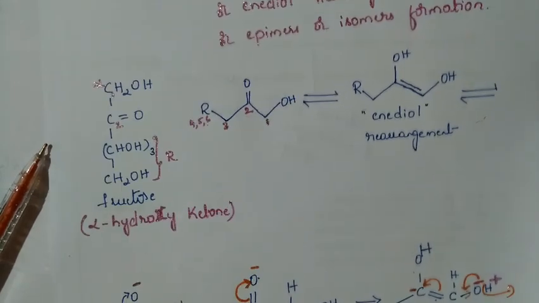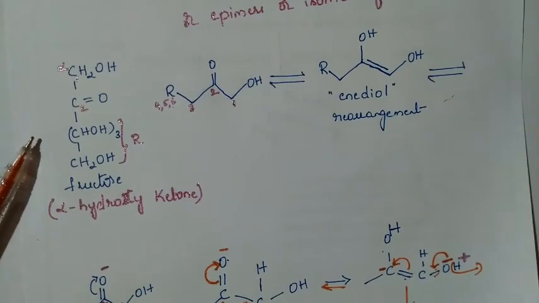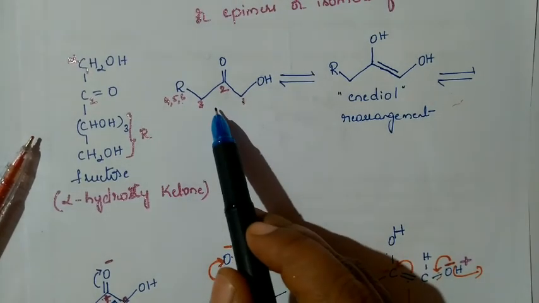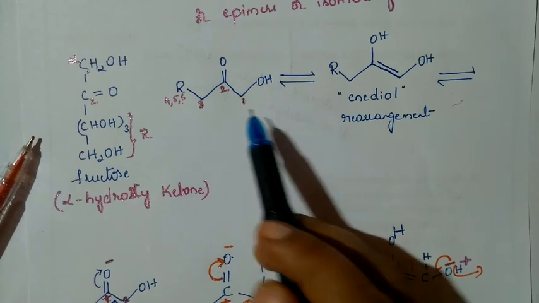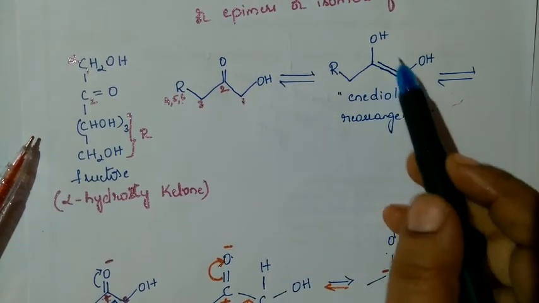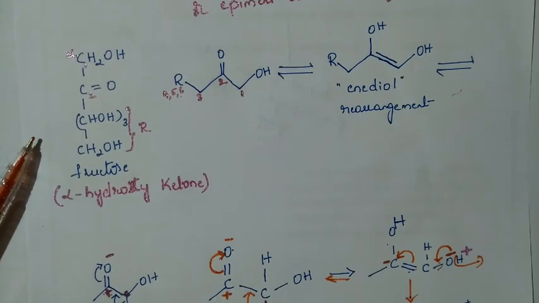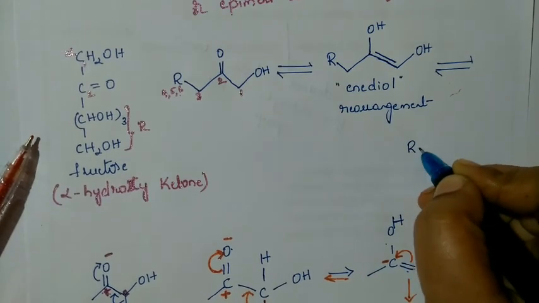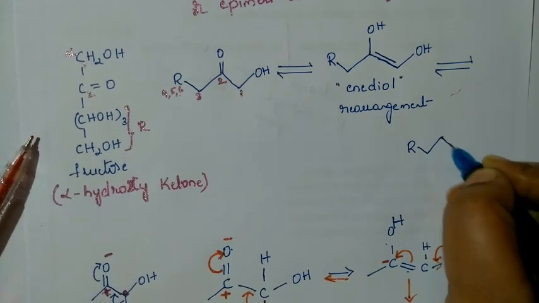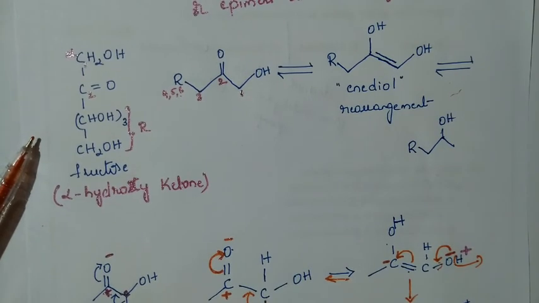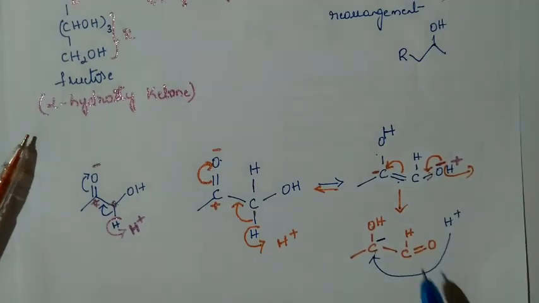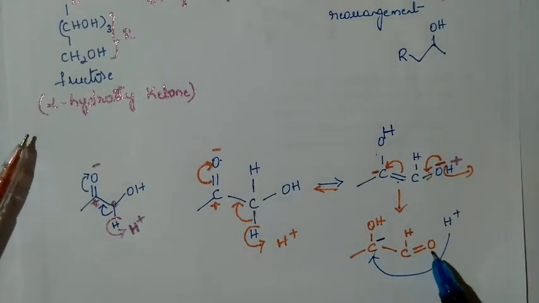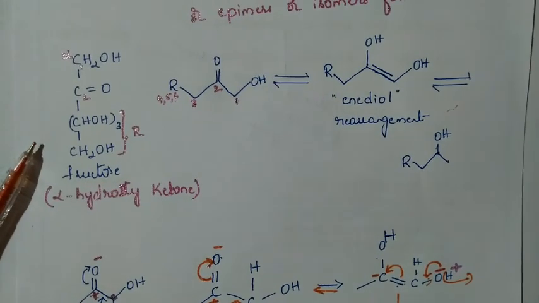Further, we can write here the continuation of this one. We have taken an alpha hydroxy ketone. We got an enediol rearrangement. Again it rearranges, so we have seen how it undergoes the rearrangement, and it is going to form a product. I'll write it here. R, OH as it is. Next, the rearrangement. We have a product here. OH as it is, CH double bond O, so I'll write that here.